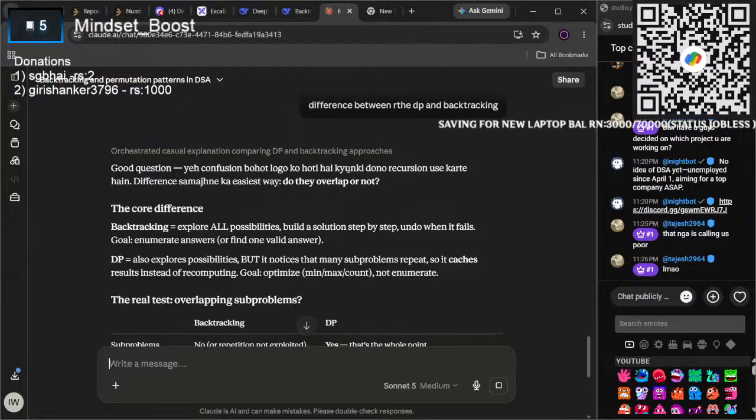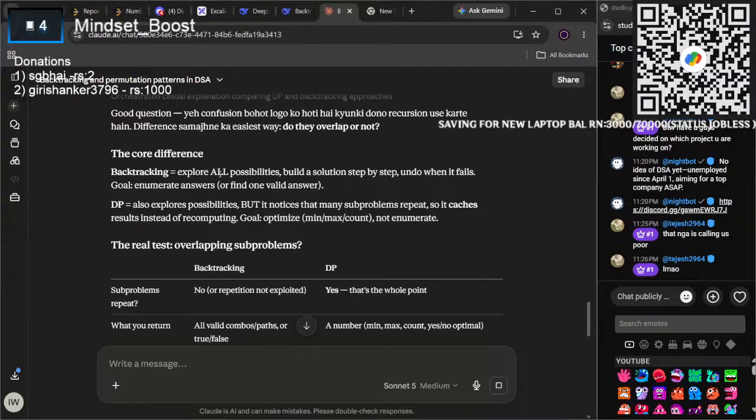ये कंफ्यूजन बहुत लोग को होता है बट क्योंकि दोनों रिकर्शन यूज करते हैं द डिफरेंस समझने के लिए इजीएस्ट वे दे डू दे ओवरलैप दो differences backtracking explore all possibilities build a solution step by step undo when it fails goal enumerate answers or find only one valid answer dp also explores possibilities but also notices many subproblems repeat so it catches the result instead of recomputing the goal optimize तो मतलब बैक ट्रैकिंग से डीपी अच्छा है ना